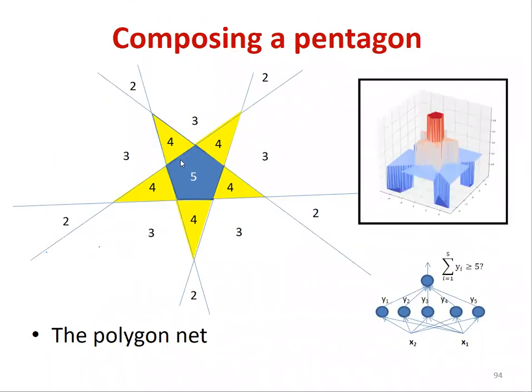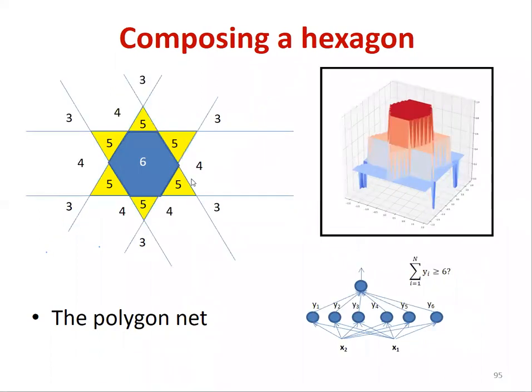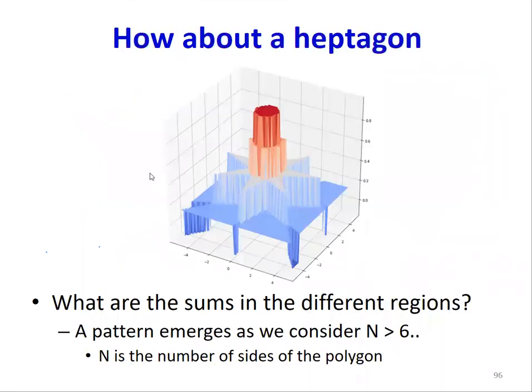We're not speaking of learning, we're speaking of constructing it, composing it. We haven't yet got into learning. We are speaking of what you could do, right? Is the activation of the output neuron. The output neuron is going to be applying a threshold. It's going to compare it to 6 in this case, right? Or here, if I were trying to do a heptagon, this is what the sum would look like at the output neuron. If I use a threshold, then it's going to give me the heptagon.